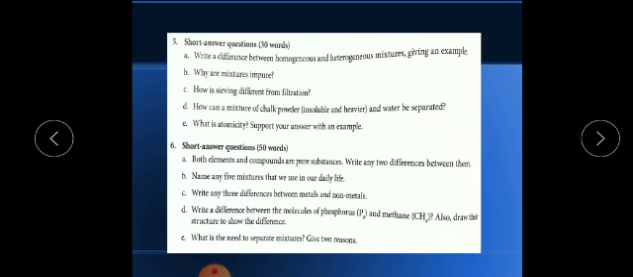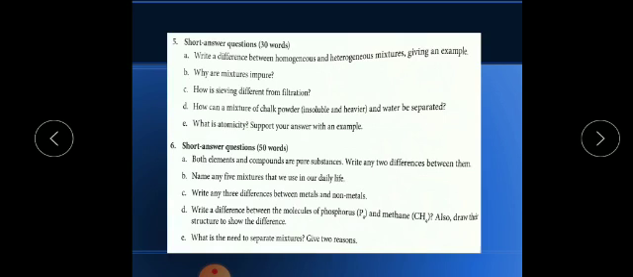Okay, now the next question is the sixth question. These are short answer types, and we have to write the answer in 50 words. They are saying both elements and compounds are pure substances. Okay, write any two differences. So the answer to this you will get on page number 26. First difference between an element and a compound is that